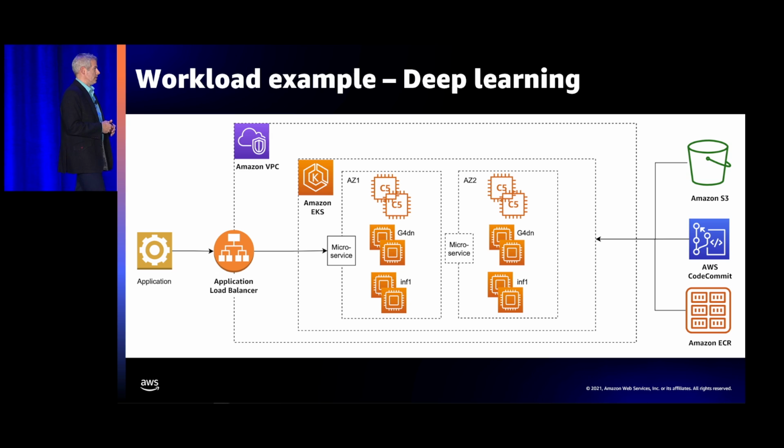And then finally, I'll talk through this deep learning example. So this is an example of how complex deep learning usage can be, but also how simple it is for deep learning to be done on AWS. So here, you have your memory to the right in the S3 bucket, and that feeds into the larger managed service, managed using our EKS, Kubernetes. Then the customer is able to use our Inferentia chip along with a GPU accelerator, G4DN in this case, along with the compute C5 workloads to finish that goal. This is all contained within the Amazon VPN.